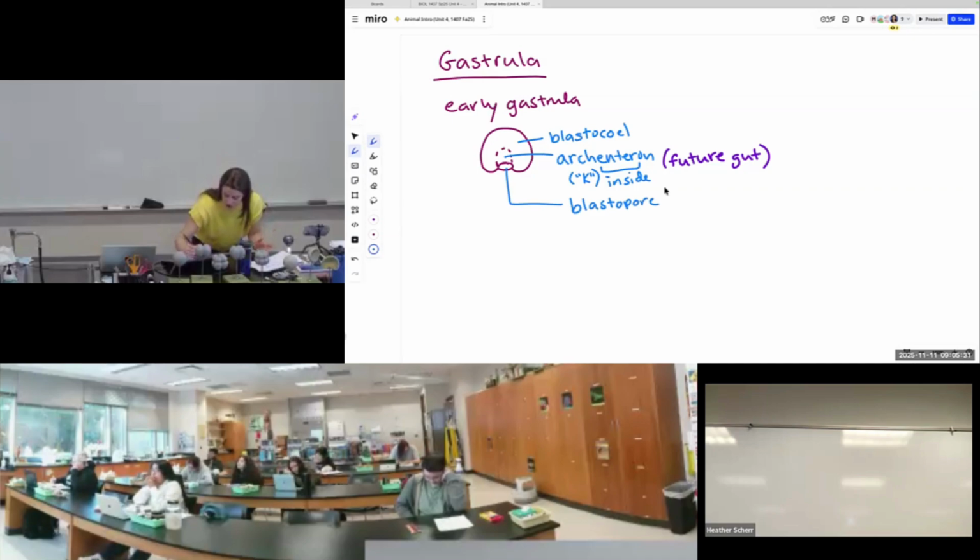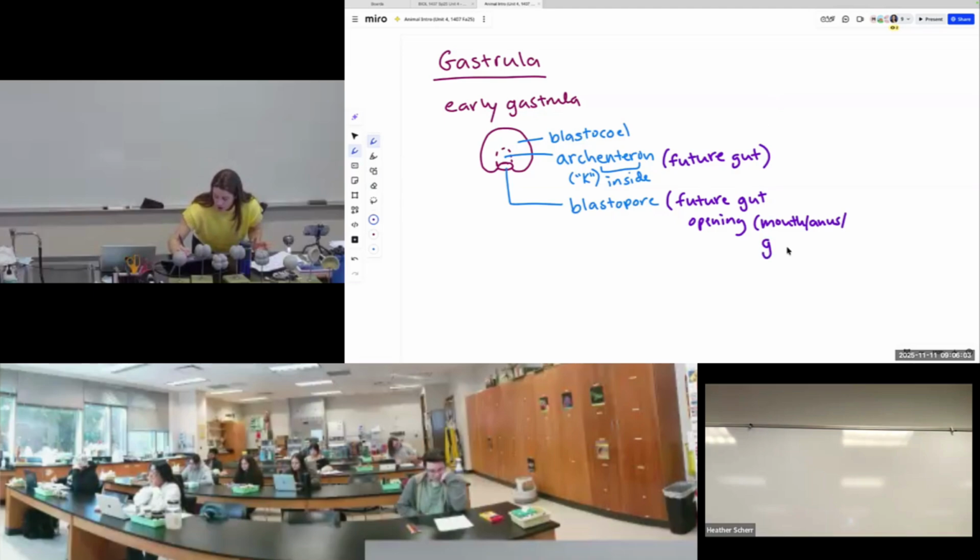And that's going to be one of the future gut openings, whether it's the mouth or anus or gastrovascular opening, it depends on the animal. Usually, I'll say there are species